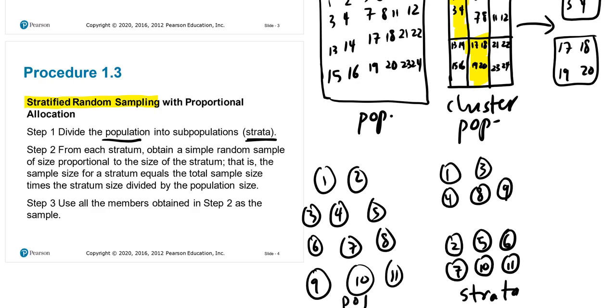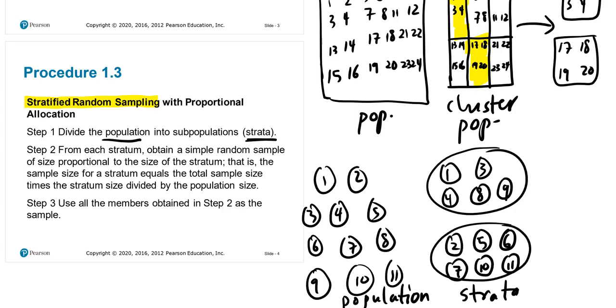Here we started with the population, and now from each stratum, this is one, this is another one, obtain a simple random sample. Let me add another one, call it 12. So now what do we do? From each stratum, obtain a simple random sample of size proportional to the size of the stratum. That is, the sample size of the stratum equals the total sample size times the stratum size divided by the population size. So the population size here is 12,